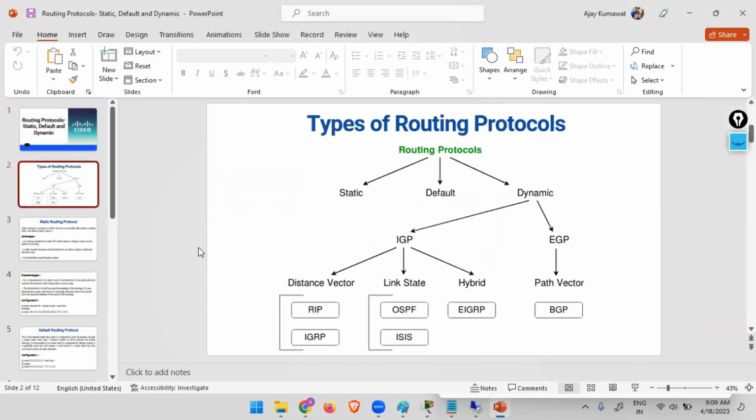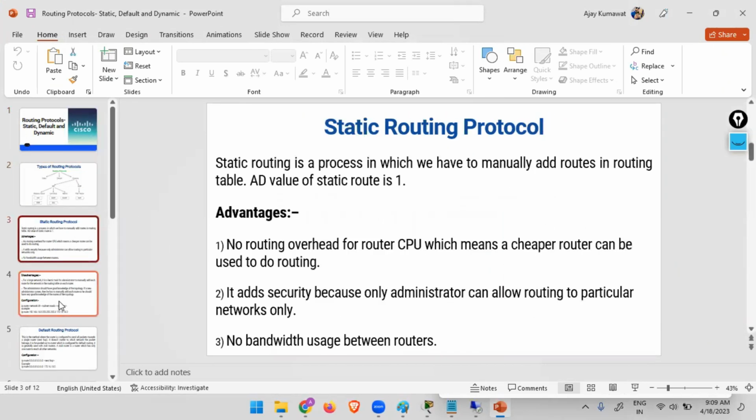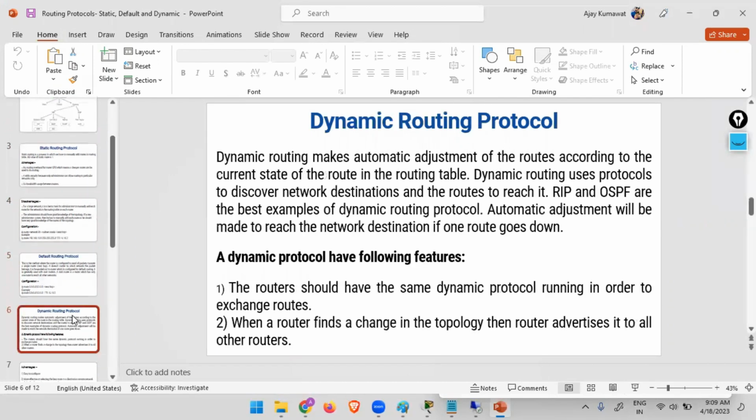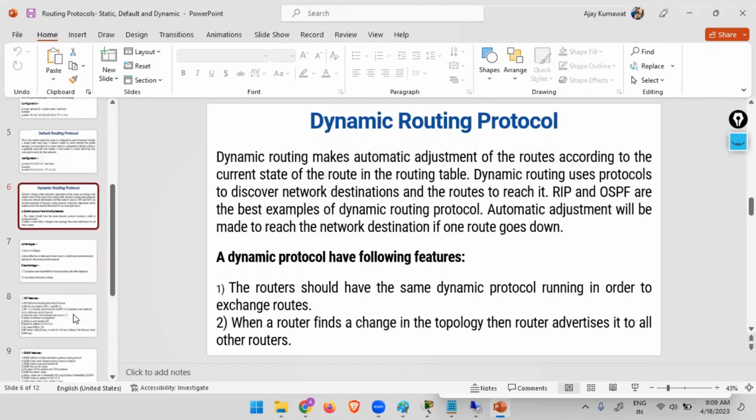So types of routing we have covered: static routing, then default routing, and now dynamic routing. Okay. What is dynamic routing? Here the routes will be placed or configured automatically. So dynamic routing makes automatic adjustment of the routes according to the current state of the routing topology. Okay, whether it is up or down, all the calculation for the backup routes will be made